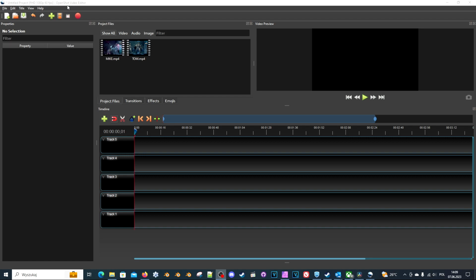This time we'll be doing the picture-in-picture feature for videos in OpenShot Video Editor. It's open source and it's free, so that's really cool. And we have 5 tracks. Now I think we can add more. Yep. So to add pip, let's